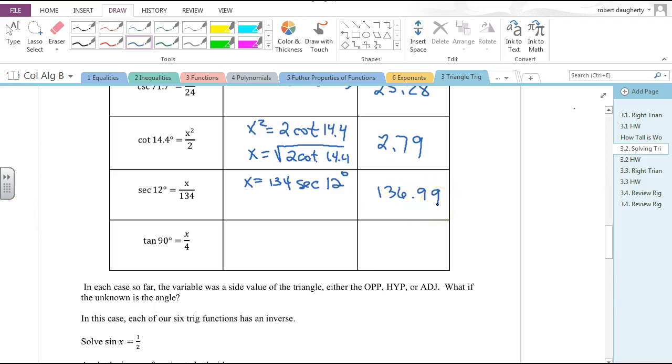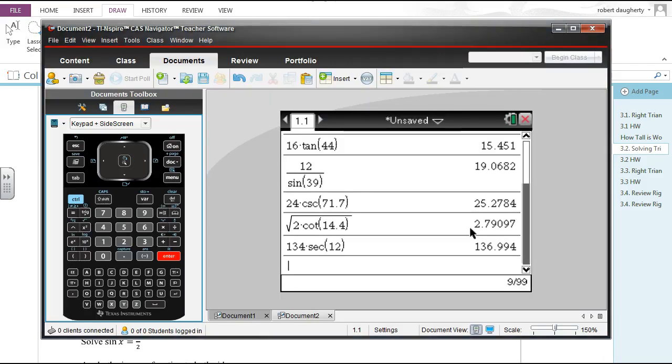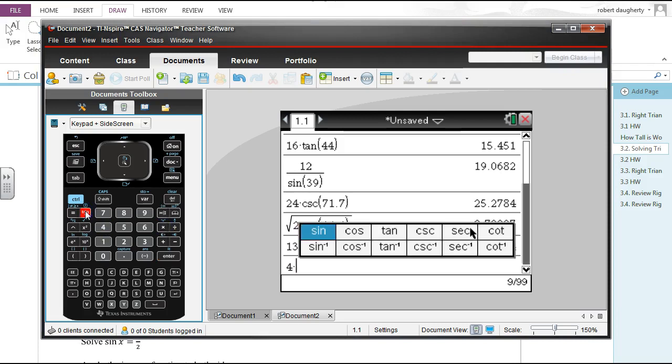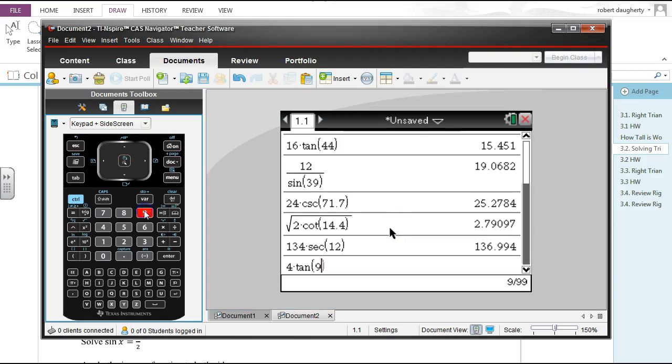And the last one, what do I do to get x by itself? Yeah, multiply by 4, so x is equal to 4 times the tangent of 90. Anyone working that one, what do you get? Undefined, okay? So if I go to my calculator, 4 times the tangent of 90